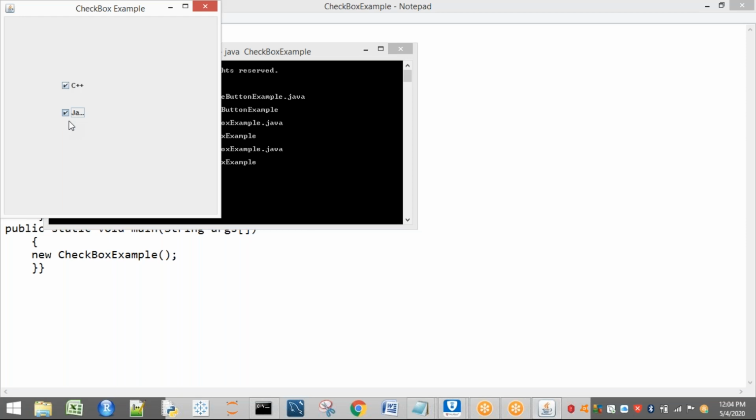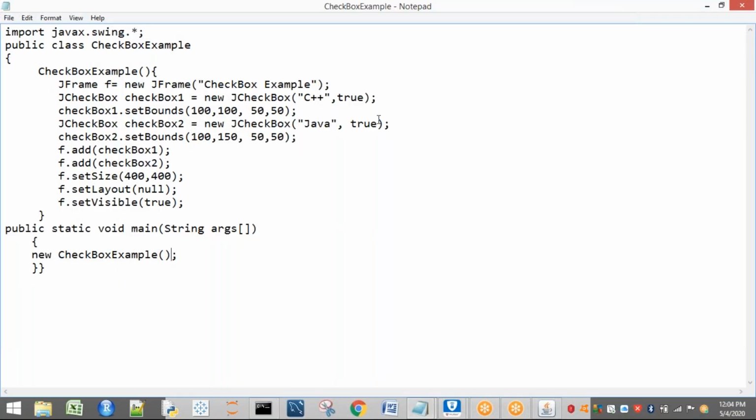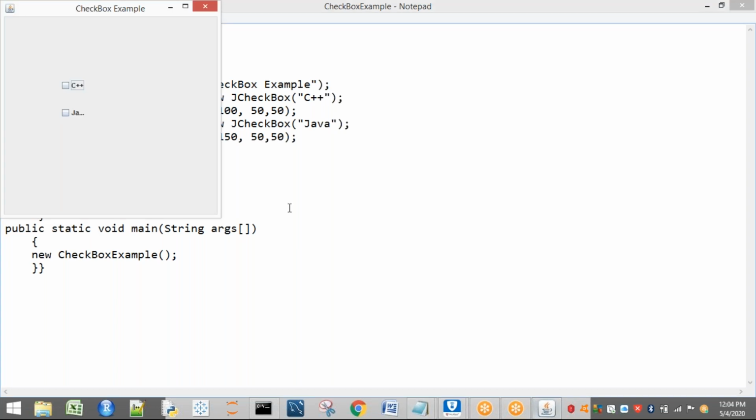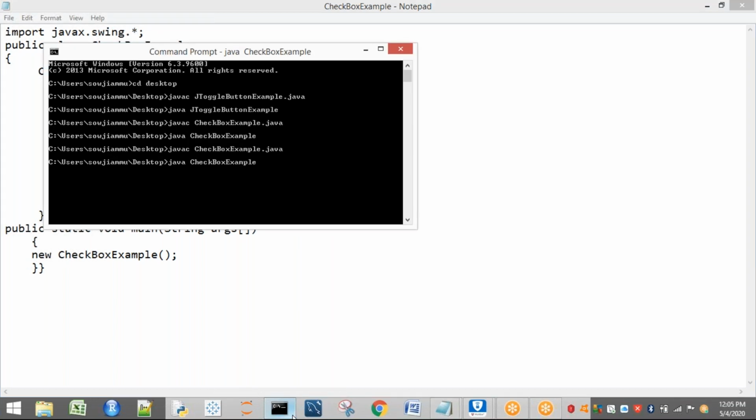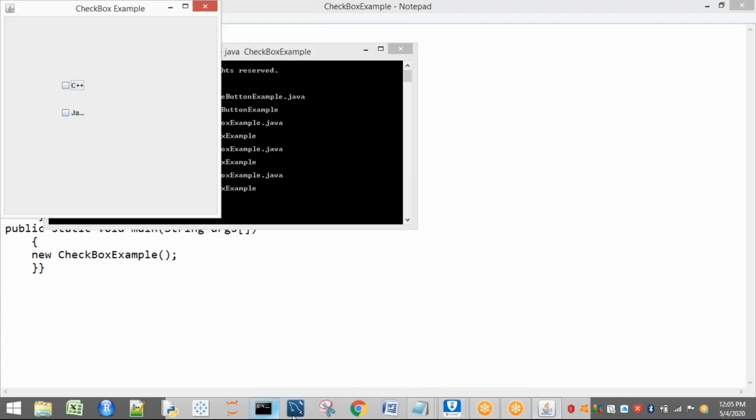Don't worry. Sir, initially I don't want tick marks. Then please remove these things. Nothing else is going to change. Just the tick mark is not going to be present when we execute our programs. Initially, when we execute, we are having tick marks. Now I don't want those tick marks initially. So see, now you can observe here. What happened? No tick marks initially.